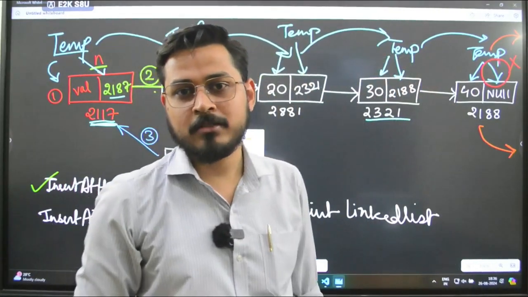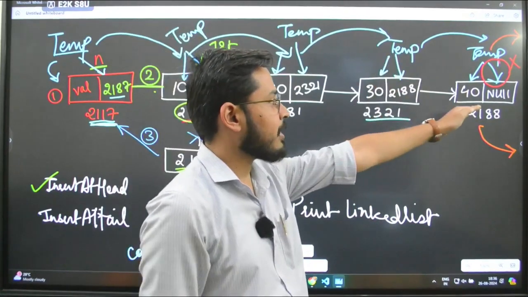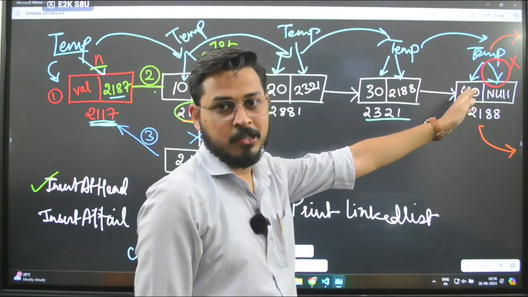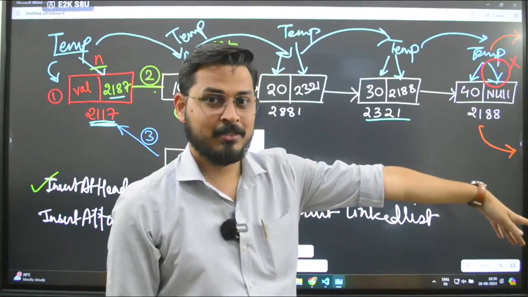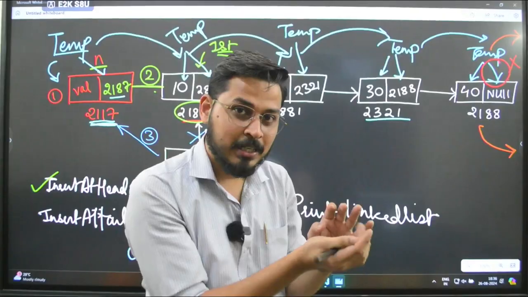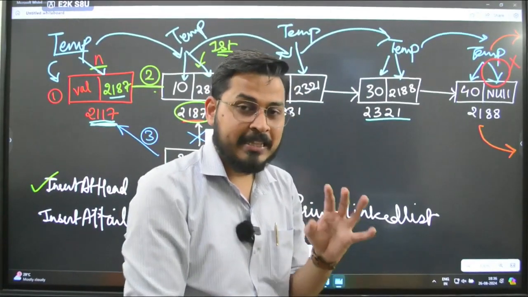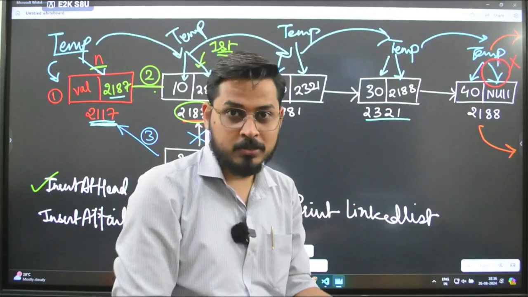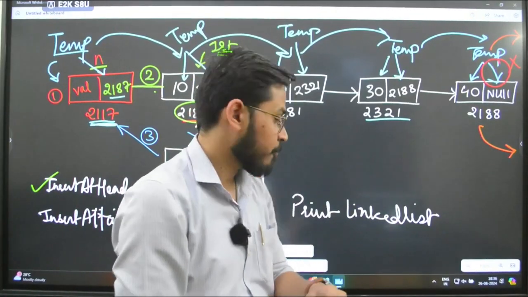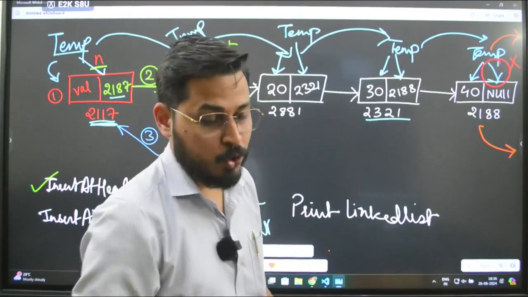Understood my point? We just need to access its temp of next, that is till there, not after that, because as soon as that gets over, the loop will be executed one more time. In that case, it will go out of bounds. We don't want that to happen. Understood? So to save that,